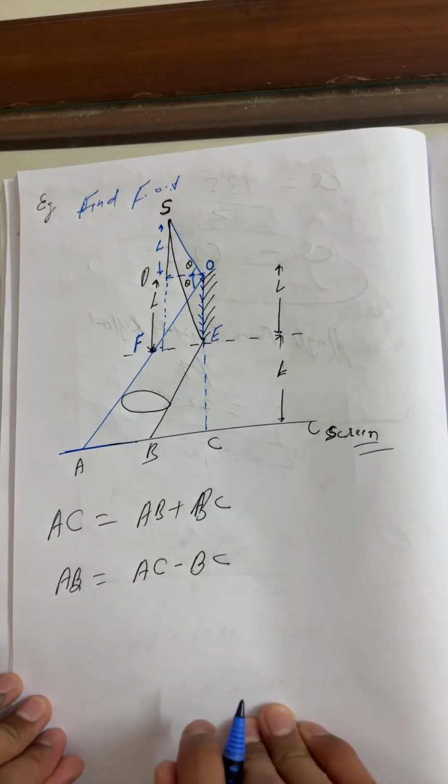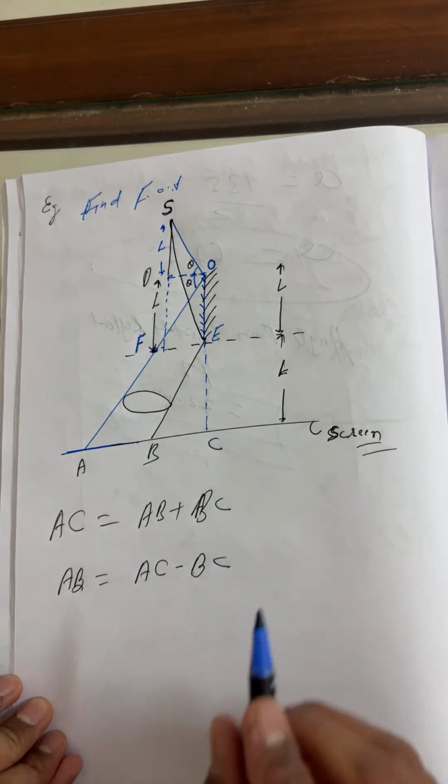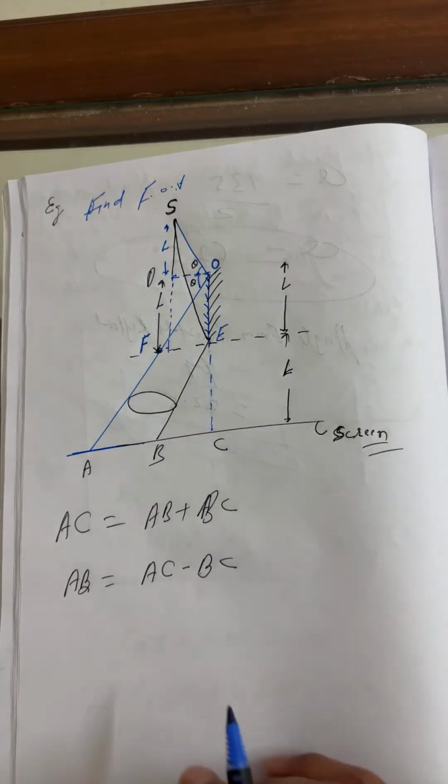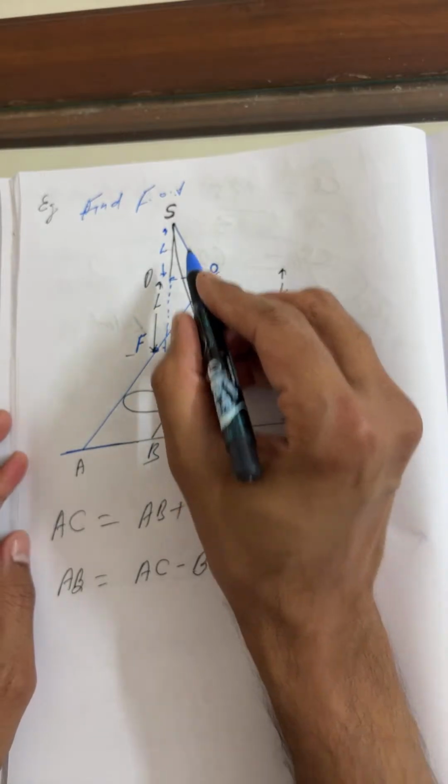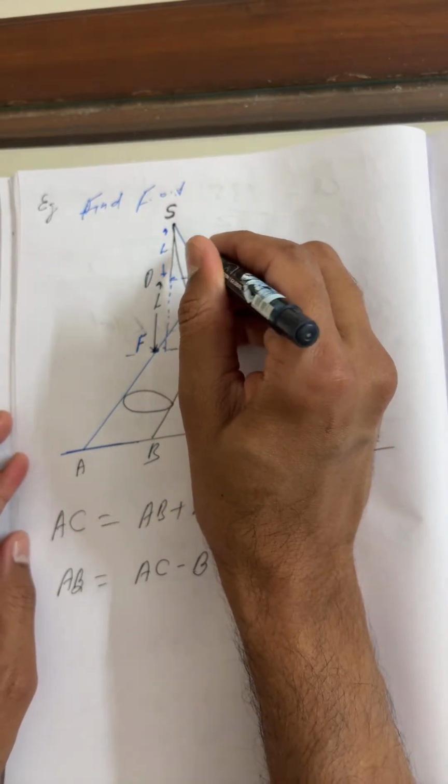Okay, fine. Now here I am going to apply some concept of similarity, similar triangles. Beta, this is theta here. So, beta, let us suppose I'm calling here